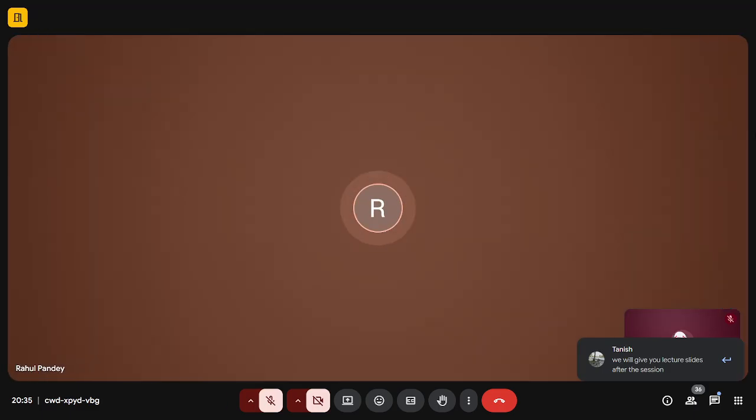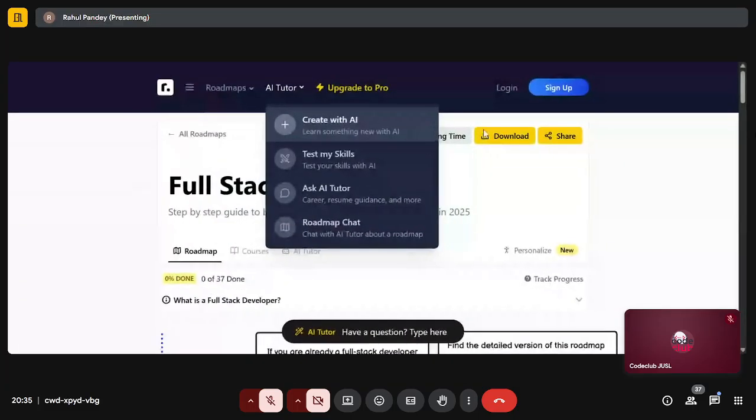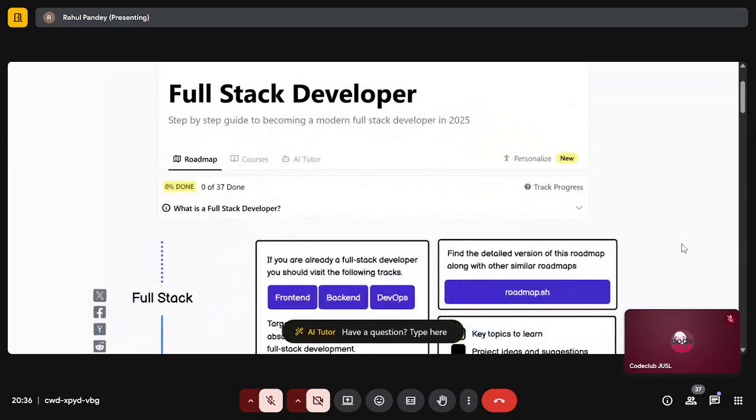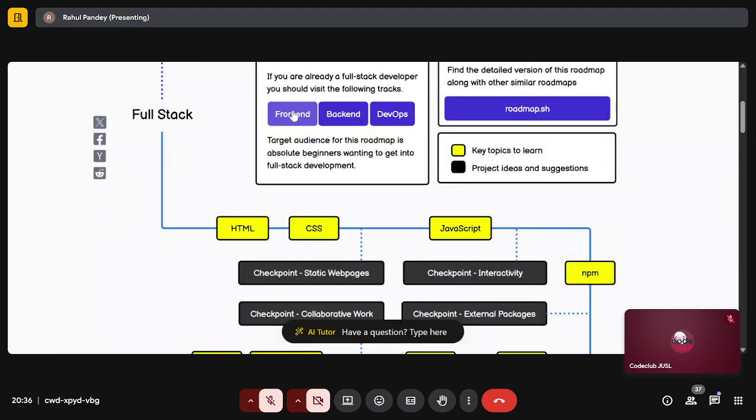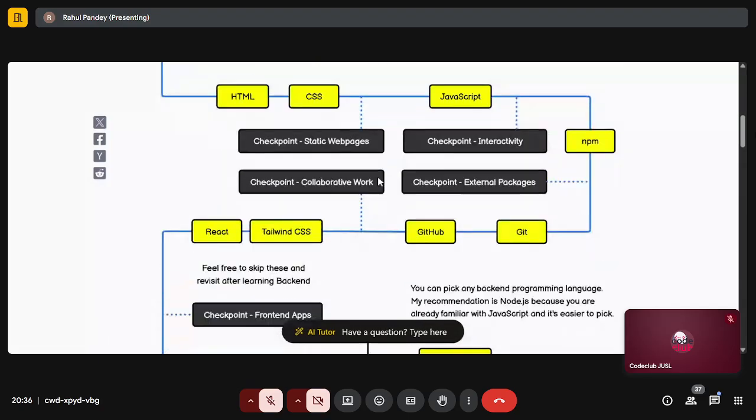Here you'll find roadmaps on various topics, not just web development, but also Android or AI, whatever you want. This one in particular is for full stack web development. As you can see here, you can also find front end, back end, DevOps, etc. Of course, you could tweak these to some extent, but I think it's a good idea to follow this.